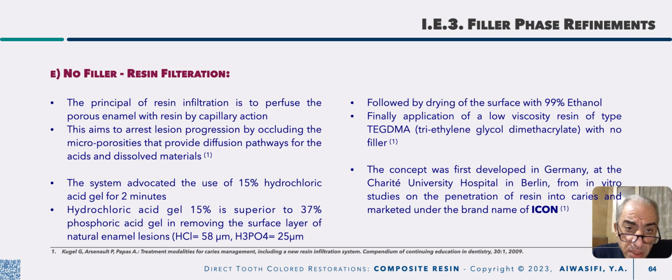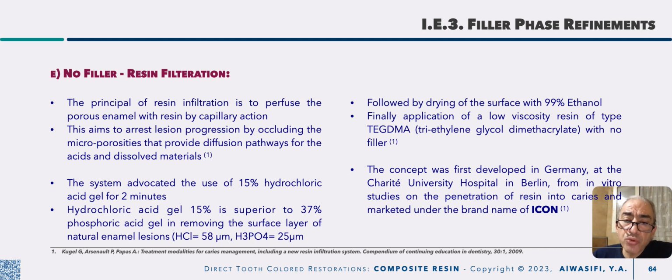Also, in some cases, like white spot lesions which are not responding to bleaching, we use this system. This system is composed of a composite without filler or with minimal filler, that could penetrate inside the porous enamel